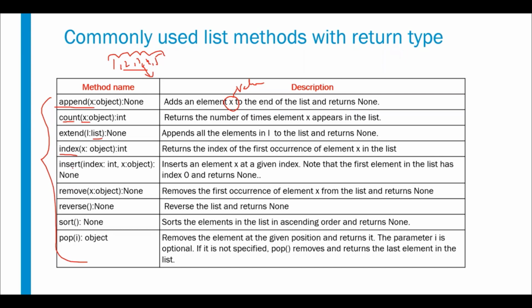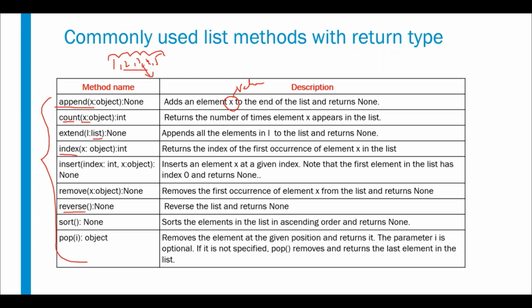And then the insert function, you can insert a new value inside the list. We can also specify the index number and it will insert that value in that particular location. And remove. Here also we can remove by specifying the value from the list. And the reverse function will reverse the values in the list.